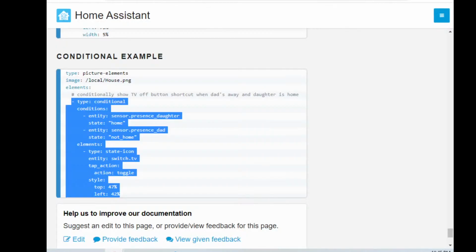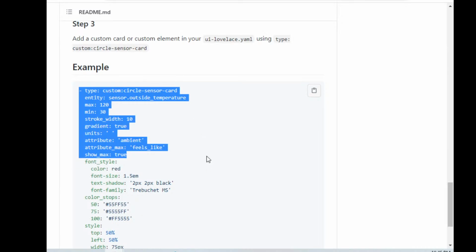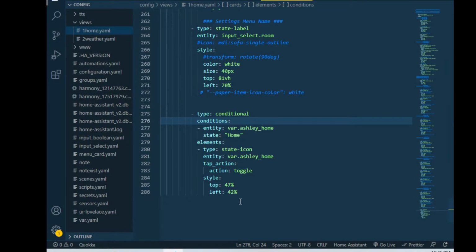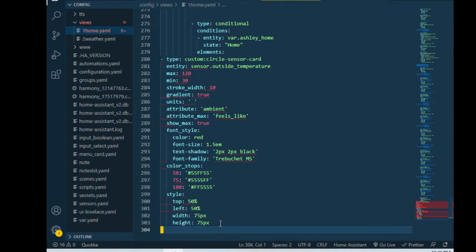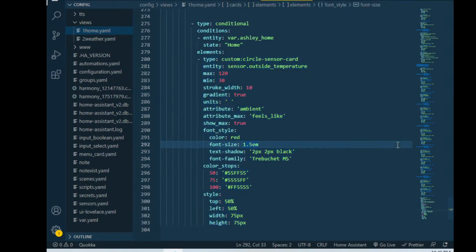Sensor card. Sorry about that. Let's see what we can get the circle sensor card to do within that. All right, let's just grab the whole little set here. Copy all of it. Paste it in. Let's get everything tabbed. Right now I'm trying to see exactly what that circle sensor card can do for me in this situation. And I think what I had it set to before, what I want to have it set to this time also, is